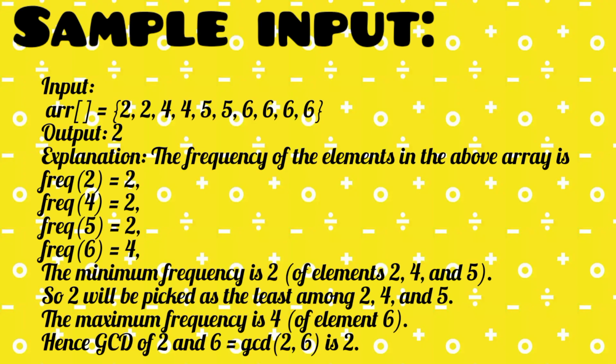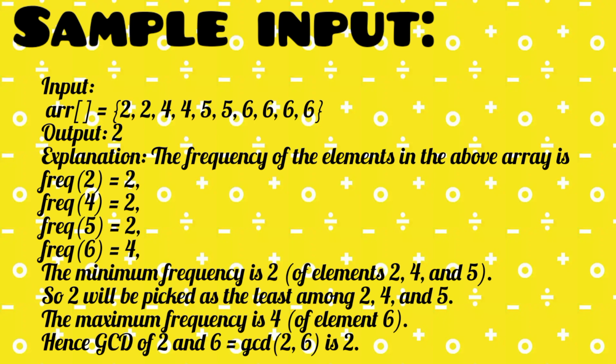Let us take a sample input. Let the array elements be 2, 2, 4, 4, 5, 5, 6, 6, 6, 6, and the output will be 2. The given array elements are arranged according to the frequency. We have 4 different elements 2, 4, 5, and 6 repeated. We get frequencies. Frequency of 2 is 2, frequency of 4 is 2, frequency of 5 is 2, frequency of